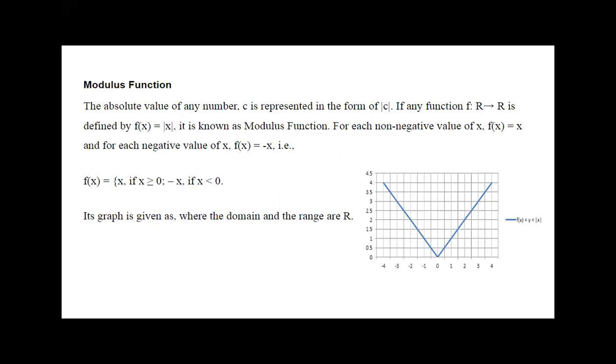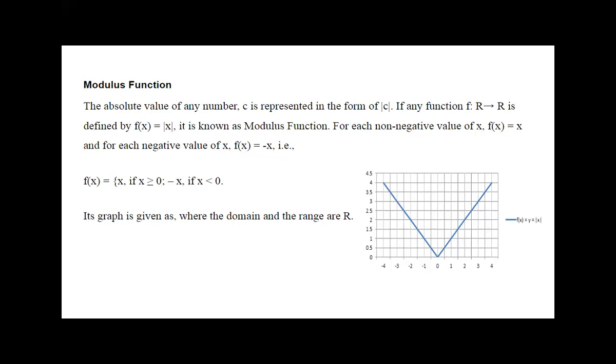if x is greater than or equal to 0, and it is minus x if x is less than 0. Okay, less than 0 values we consider as the minus values. But what we are doing, we are considering only the magnitude, not the direction. Okay, so the constant value c is taken as -4.